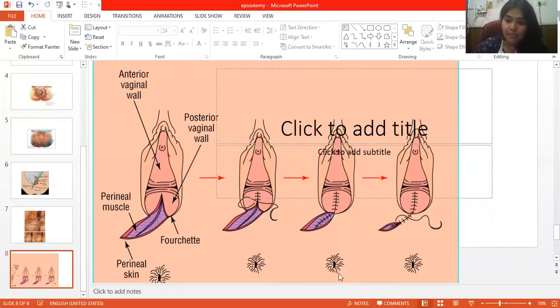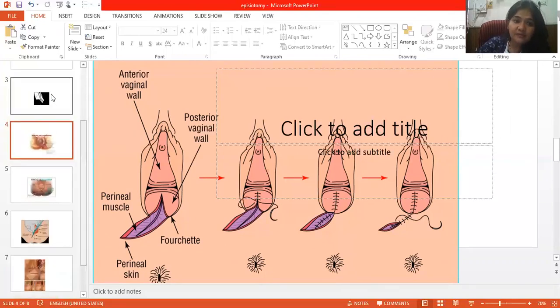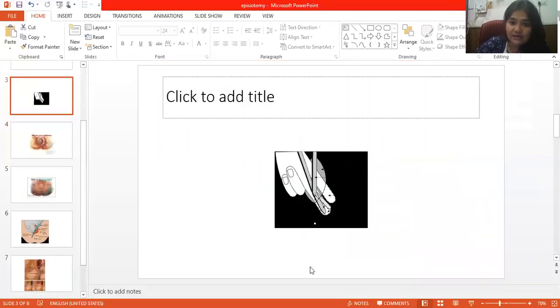So this is how you close the episiotomy, right? Today we have learned what is episiotomy and how the episiotomy scissors are used. There's another slide which you can see here, in which you can see how the hand is put inside the vagina, and then the scissors are used, and the scissors blade is guided on the hand, so that the internal fingers inside the vagina prevent injury to the fetal part, right? So this is how you are going to use it